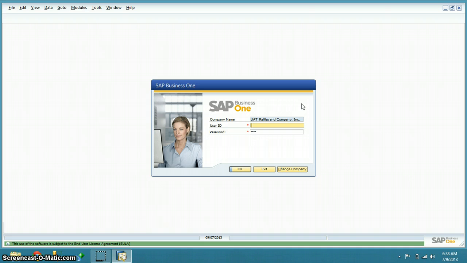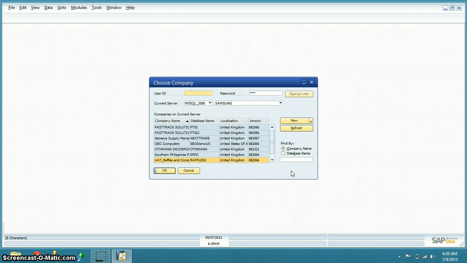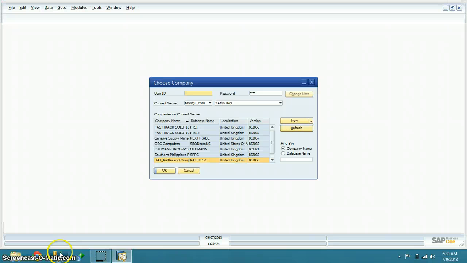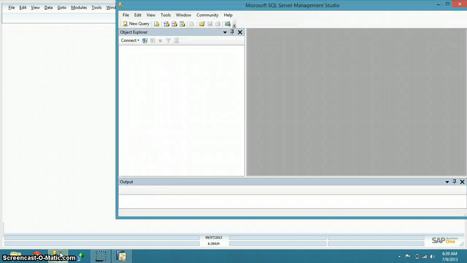And this is the company that I choose, or we can either choose another company if you want to, but I'm going to use this company. But to show you, I'm going to click change company. This will show all of the company names that you restore in your MySQL Server R2, which is here. It is connected to SAP Business One, and also Crystal Report is connected to SAP Business One.